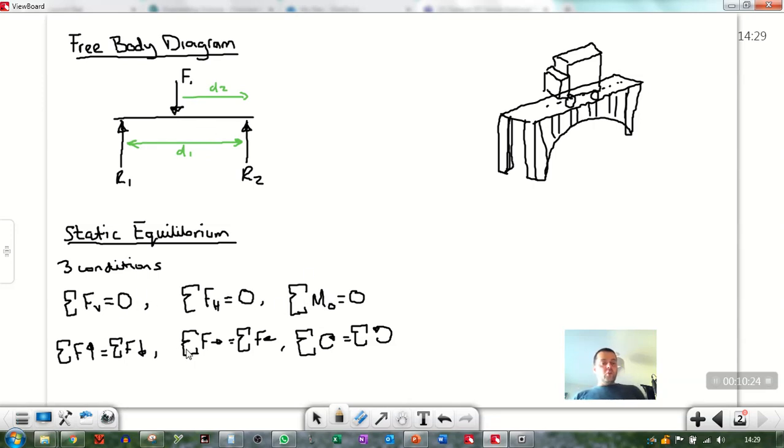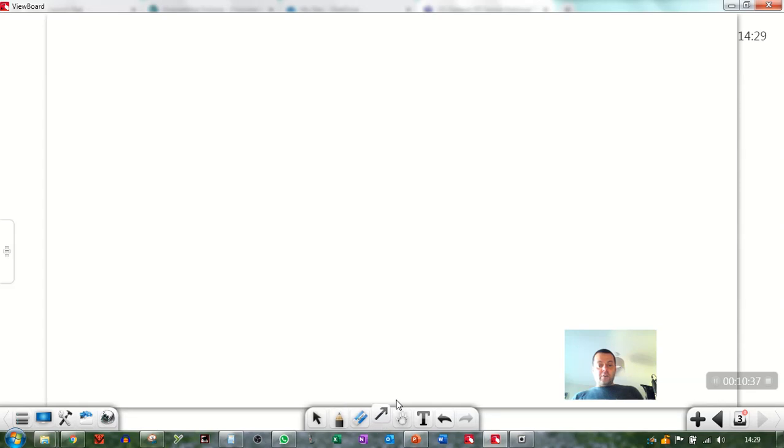And these are the things that we focus on when we're trying to work out any missing forces or any missing moments or even any missing distances, okay? So let's look at it at its most simple, where we just have a body with a force acting on it, and I'm going to give that a value. I'm going to say that that's 12